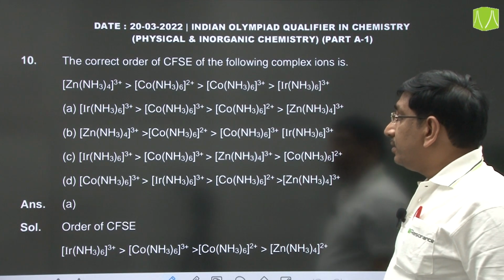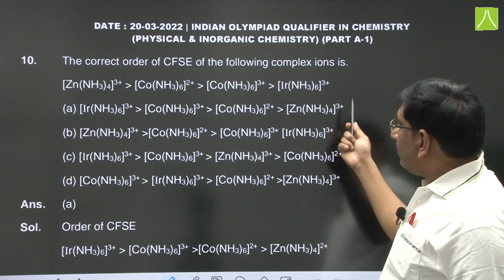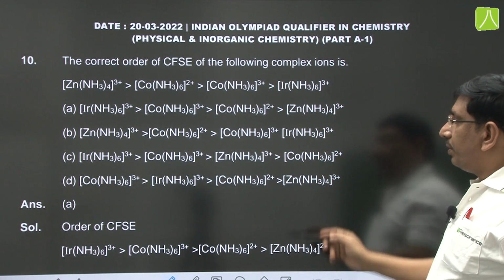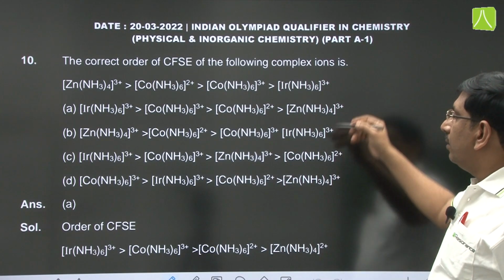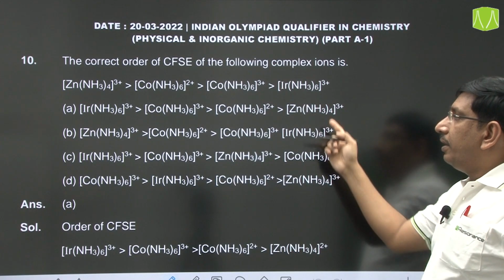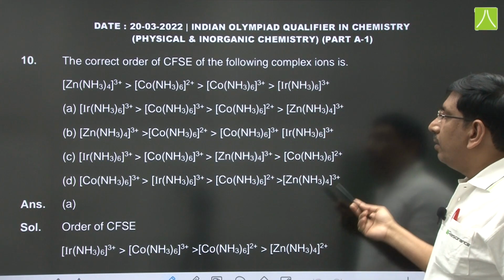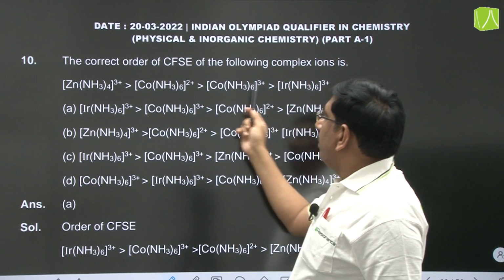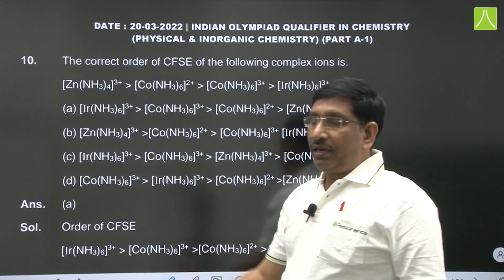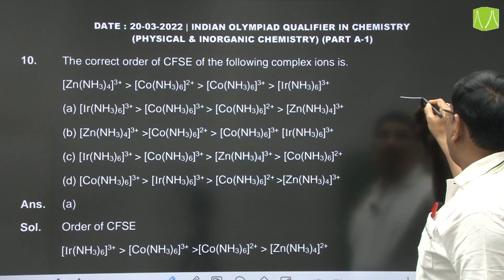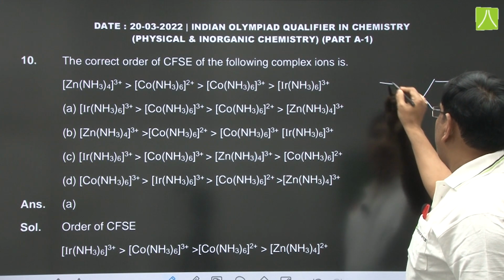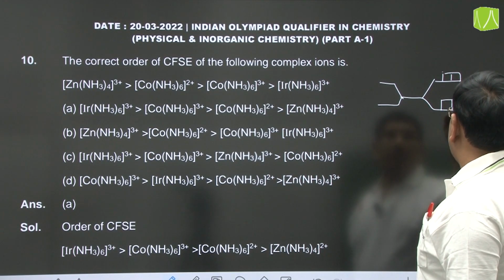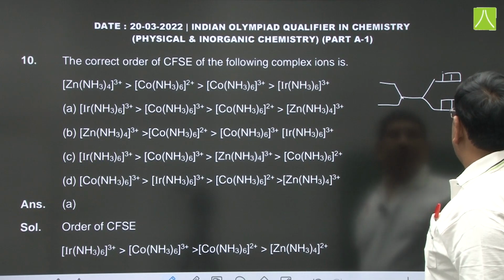And next one, this belongs to the coordination compounds, and the correct order of CFSE of the following complex ions is. This crystal field stabilization energy depends on the splitting, and here the splitting also depends on the number of ligands and the charge on the metal ion. So, here if you see in the given complexes, iridium is the 5D series element, and these three are octahedral complexes. Zinc is the tetrahedral complex, and you know the splitting is less in tetrahedral complexes when compared to octahedral complexes, because in octahedral complexes the splitting is T2G EG,